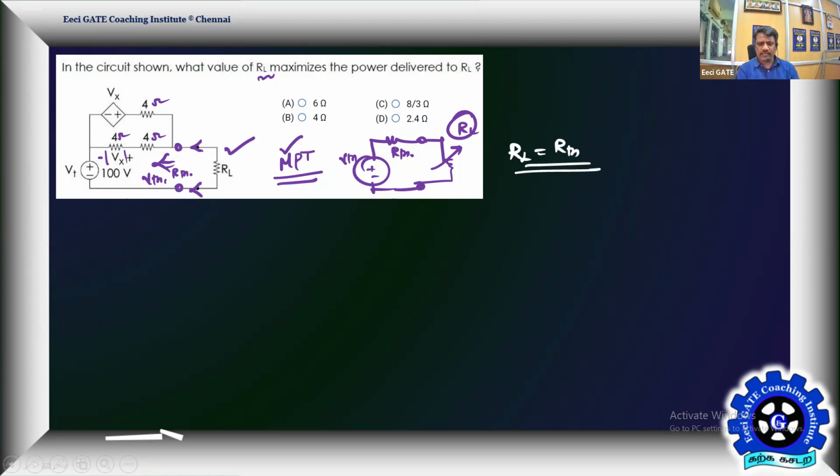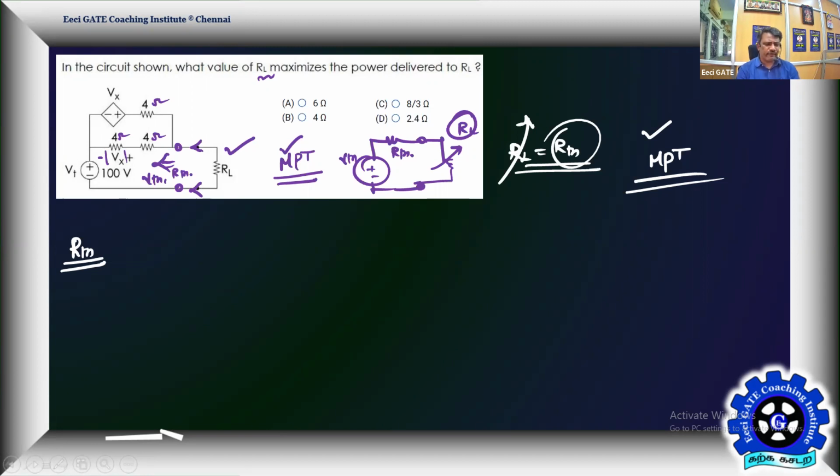So the question is, if you find RThevenin, you can set RL to that so that maximum power transfer will take place to the load. So the goal is to find only RThevenin. The problem is only finding RThevenin. That is the value of RL needed to get the maximum power. If you get RThevenin, that is your value of RL for the maximum power transfer. For RThevenin, first you need to free your circuit from sources.